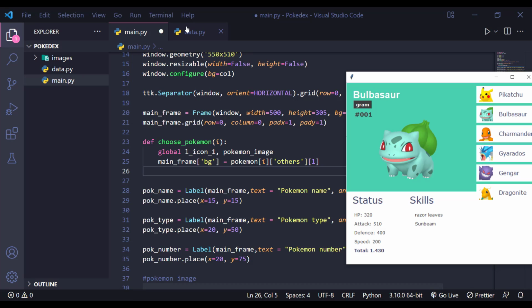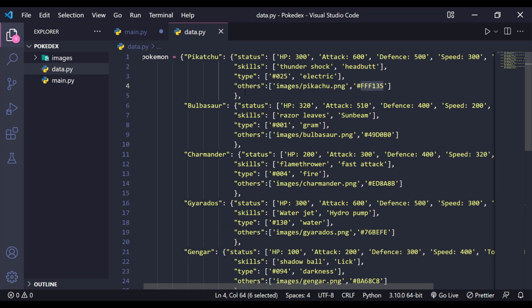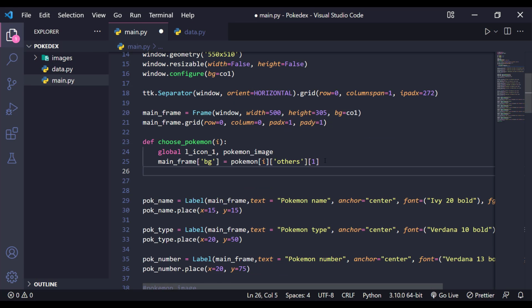From where we are going to get this? From this data.py itself. From this data.py, what is this Pokemon name? That will be I. What is this Pokemon type? From where we are going to get that Pokemon type? From here, electric. And Pokemon number will be type 1. Okay, first let's load Pokemon name. So just give Pokemon name